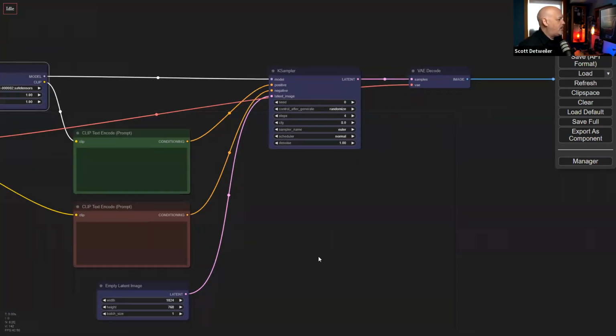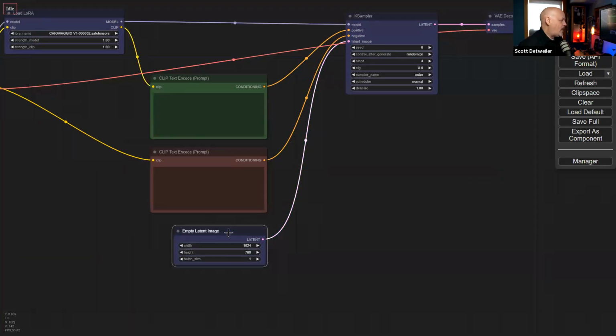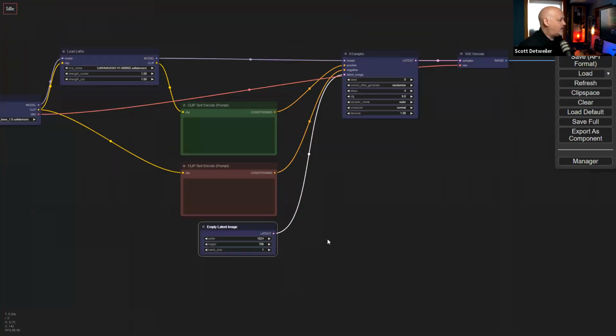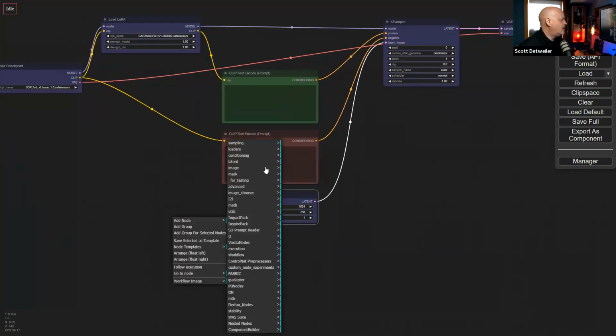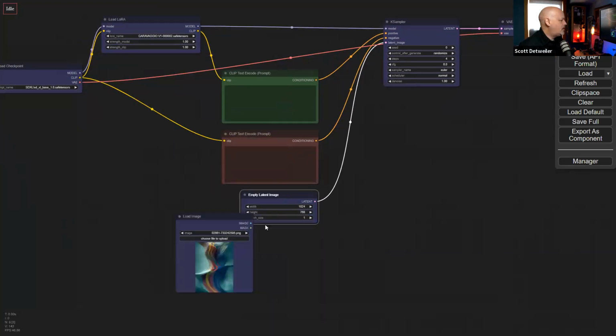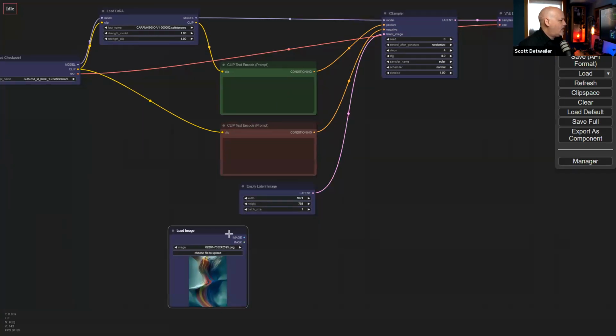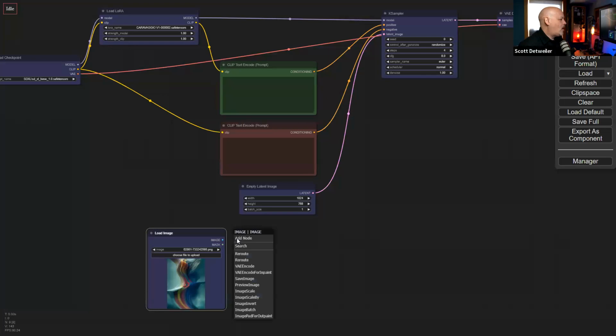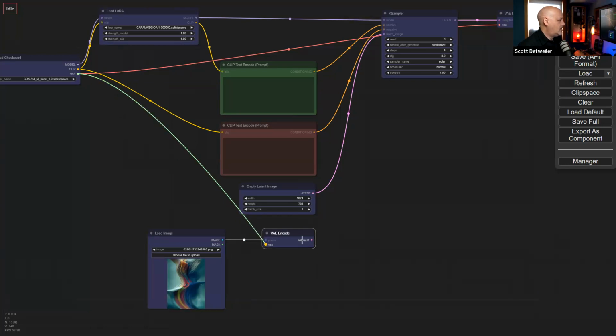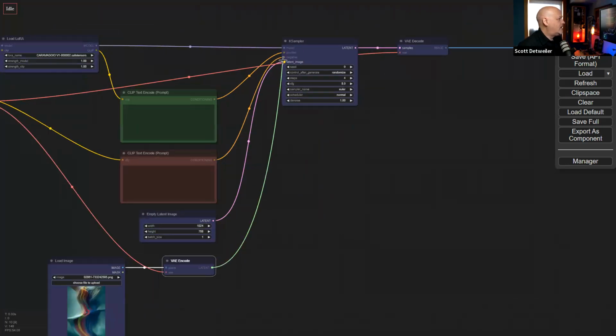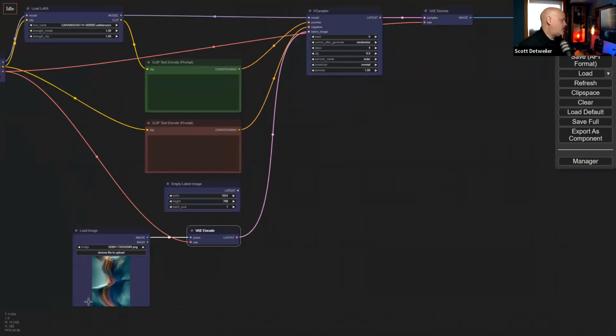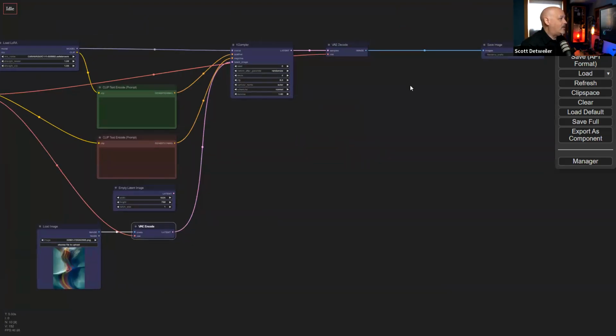And if we want to do image to image type of work, which a lot of people do, our latent down here is an empty latent. But if we wanted to take an image that already existed, we'll say we load an image here. I just have a wave. Basically, we're going to take this and recode it back into a latent. We can also take a mask if we wanted to, so I can mask off pieces of the imagery I'm loading in. Again, we need our VAE. And instead of this latent, we can use this latent. Now, instead of an empty latent, we have this, and now you're basically viewing an image to image. We can do that later down the line too.